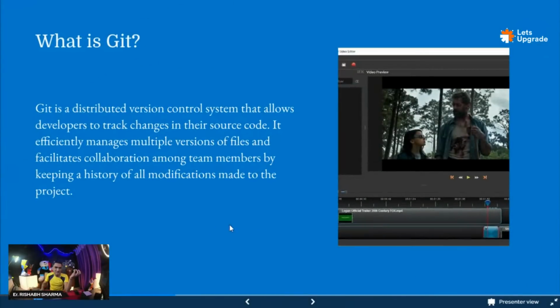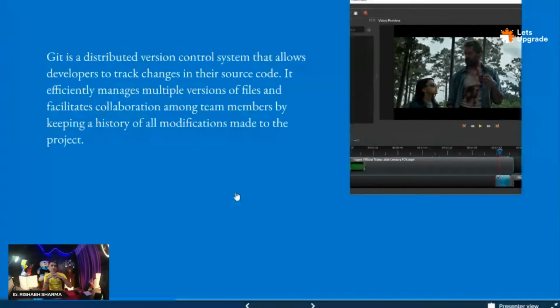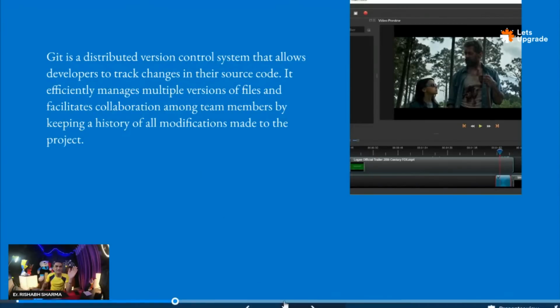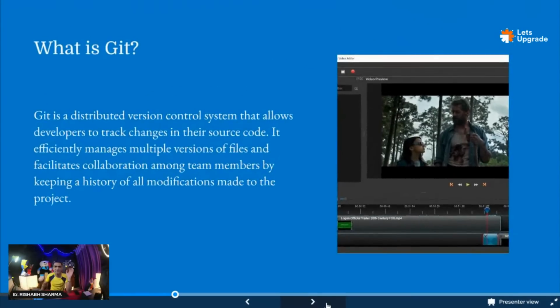Git is a platform which offers you a central repository. It acts as central storage on which you can store your code. You can collaborate, you can modify, you can see the changes and all those things. That is a GUI platform which gives you all these things. Okay, perfect. Git is a distributed version control system that allows developers to track changes. Perfect, this is done, finish this one too.